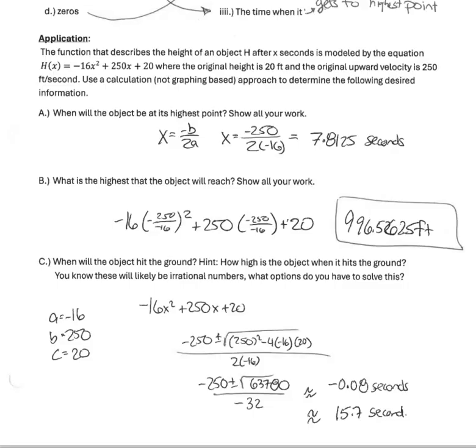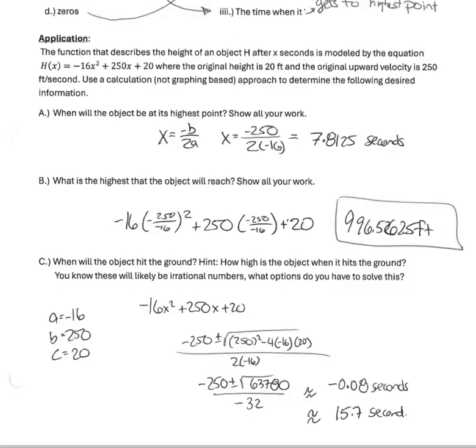So right here it says negative 16x squared plus 250x plus 20. That should say equals 0 because we're trying to figure out when it hits the ground. Equals 0. And since it's in that form, we can already see your a, b, and c values: negative 16, 250, and 20. And you just pop them into your quadratic formula. I decided to put 250 squared minus 4 in parentheses, 4 times negative 16 times 20, enter, and that gave me my